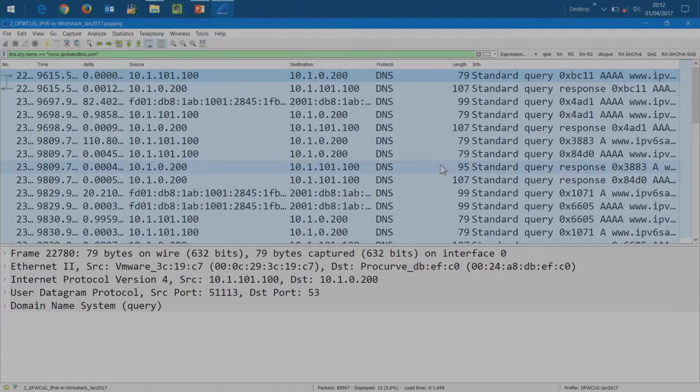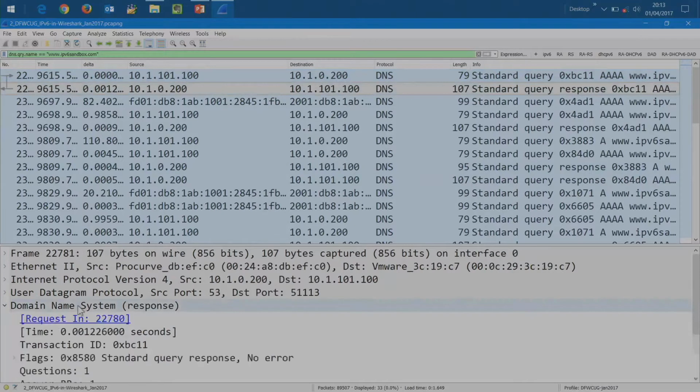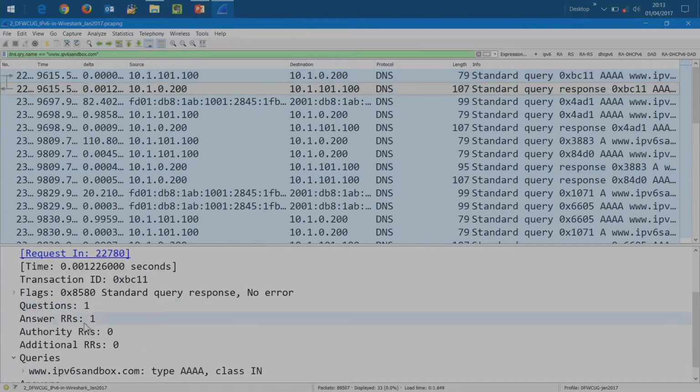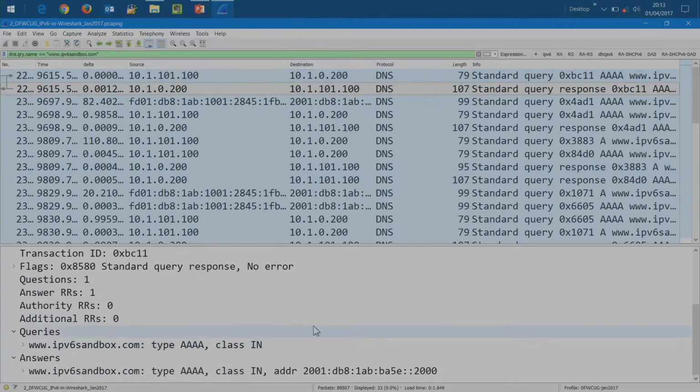But I'm going to log it now into my DNS resolve table, my local cache. All right? So I did a query using V4 to a V4 DNS. I got a response back, and it came back with a quad A record. And let me just open this up real quick. We did a query for a quad A, and we got a quad A. We got a V6 address on a V4 address request. Okay? You're good. Okay.